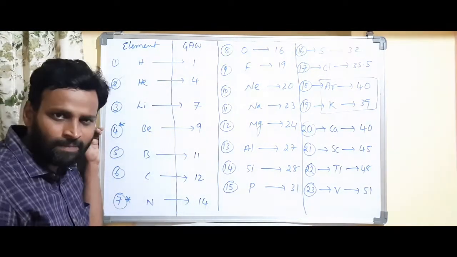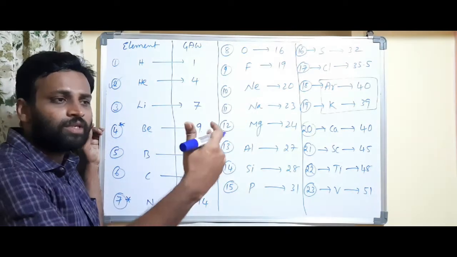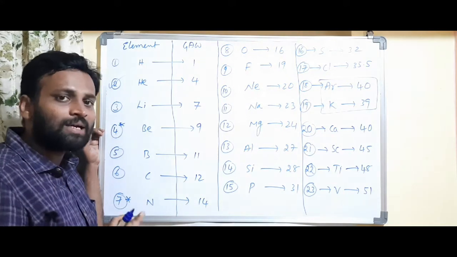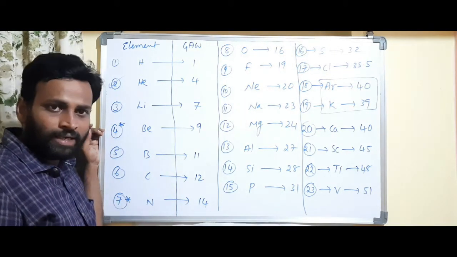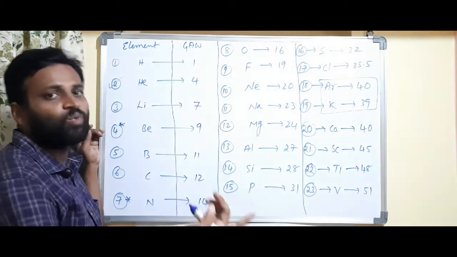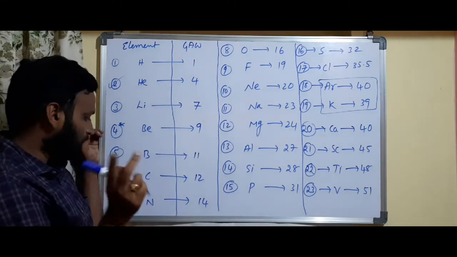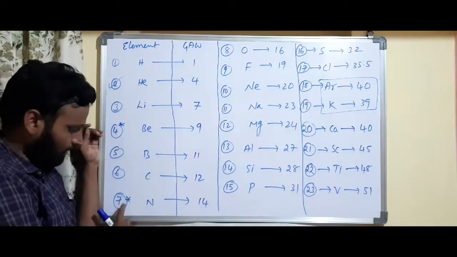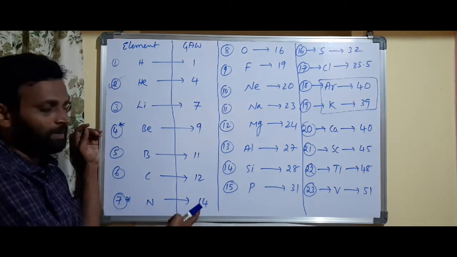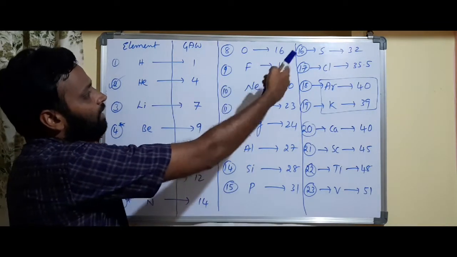Nitrogen is even double, though it is odd. So what I am saying, you are understanding? If the atomic number is even, then atomic mass will be double the atomic number. Simple way, but in some cases it won't be. If atomic number is odd, then double plus 1. It's like lithium, 3 double, 6 plus 1. For some cases I am accepting that. See, in case of nitrogen, it's 7, exactly double only. Okay, fluorine, see 19, double and plus 1.